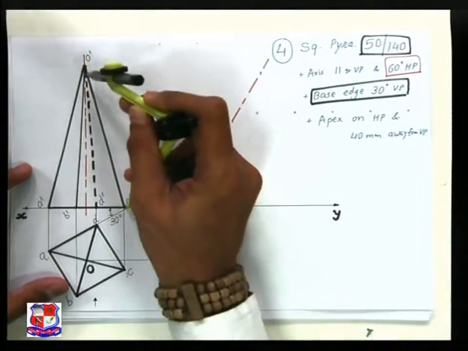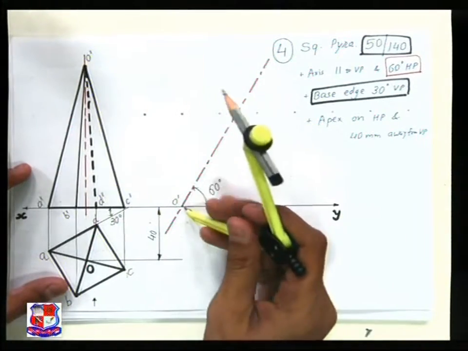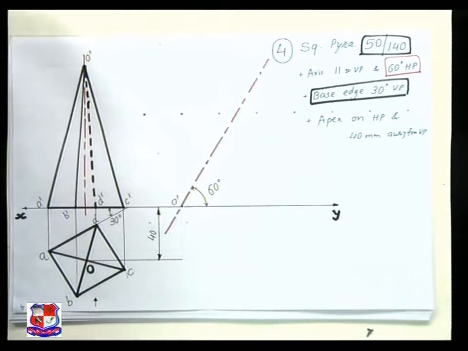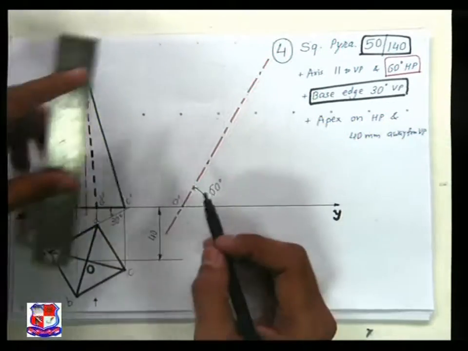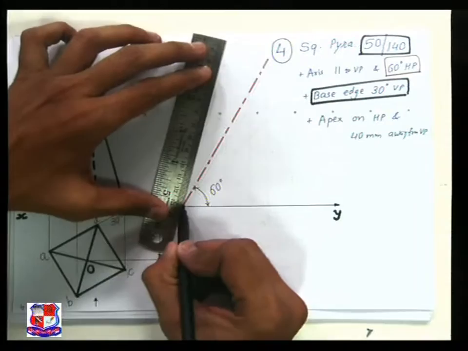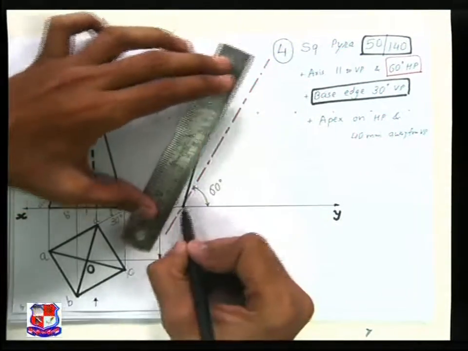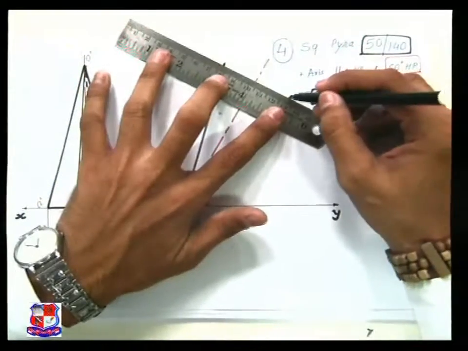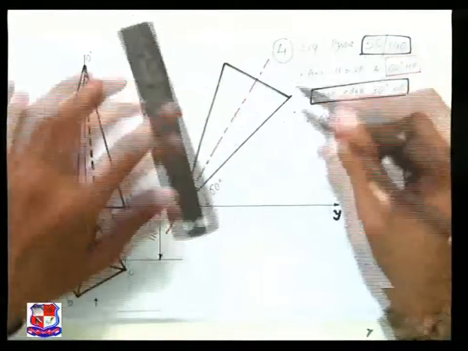O dash to C dash like this. Take O dash as a center, draw an arc, and we have to redraw this total front view over here like this. So its redrawing would be, I am skipping that step. You know how to redraw this front view,